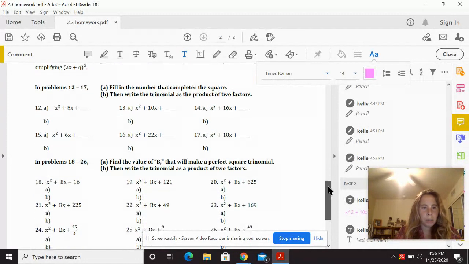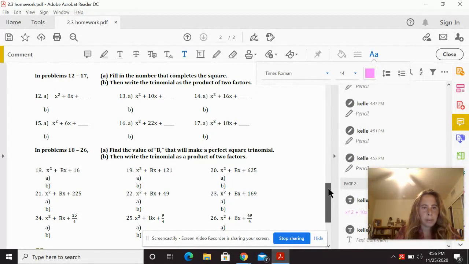Problems 12 through 17: fill in the number that completes the square, then write the trinomial as the product of two factors. Okay, so two parts here. I guess we'll just do number 12. So you have x squared plus 8x plus, we don't know. Okay, so to complete the square,